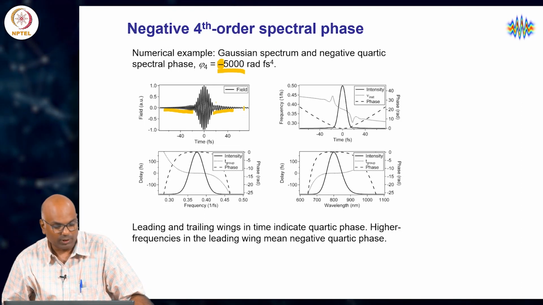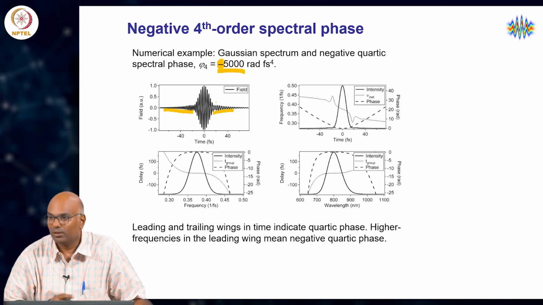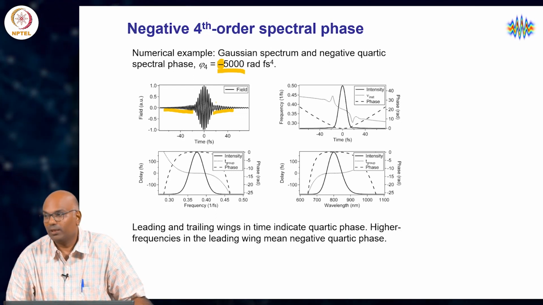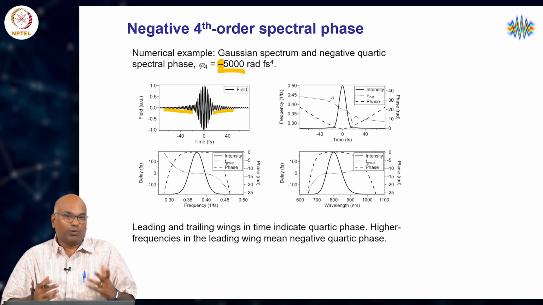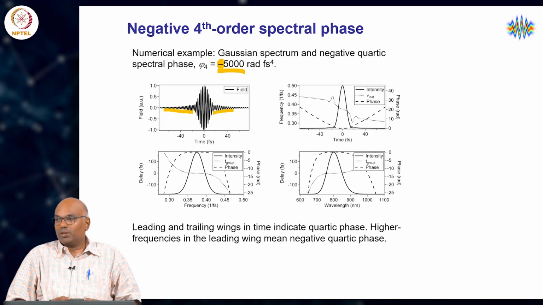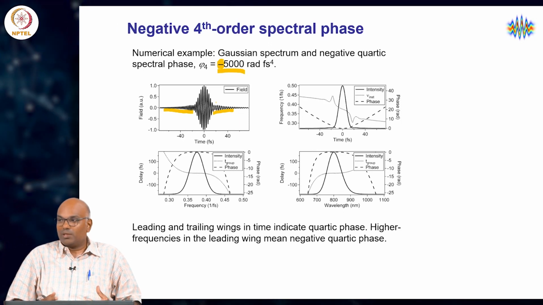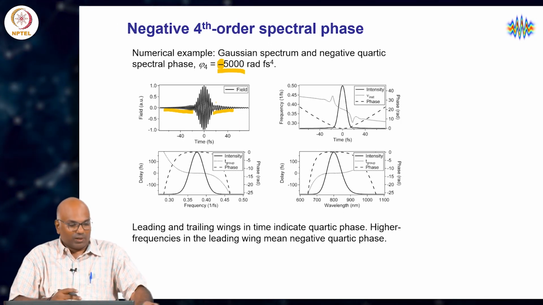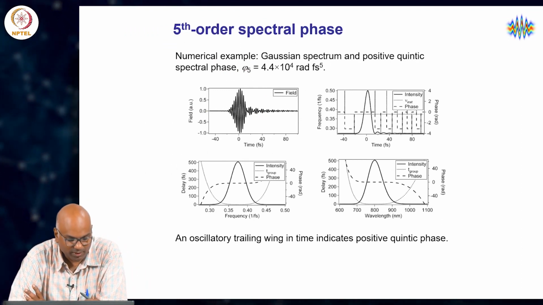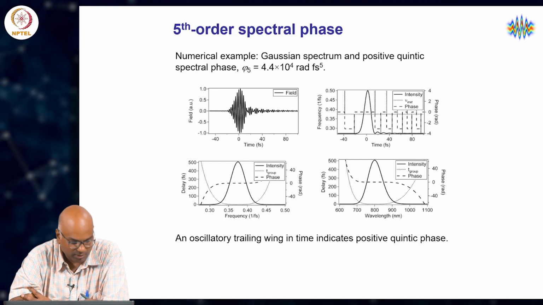as one should again expect. Now, we are going to look at the consequence of the fifth order spectral phase term alone. What do we expect there? My guess before I flip this slide is that it is going to be somewhat similar to the third order term. There will be some splitting sort of effect. In some sense the odd orders tend to have this effect, and indeed it does. Of course, one can argue that I cheated by already knowing what was in the view graph. That is a fair enough